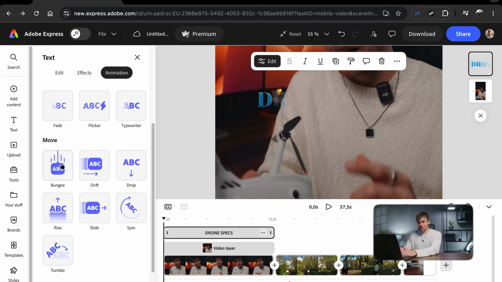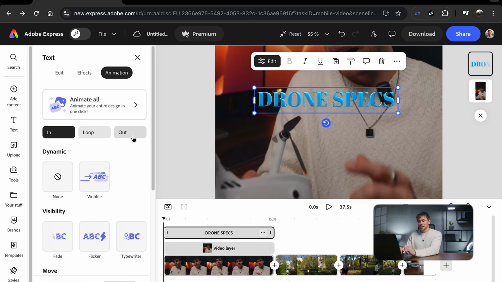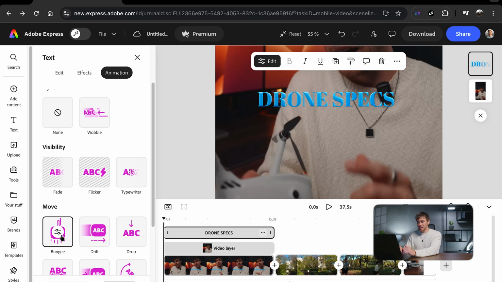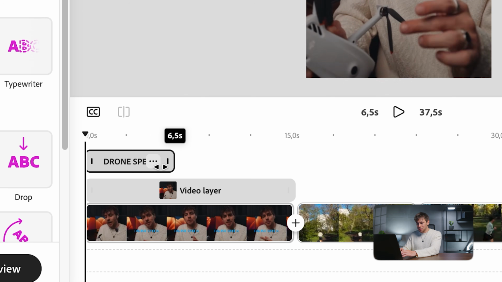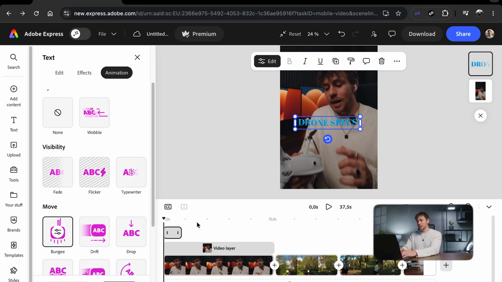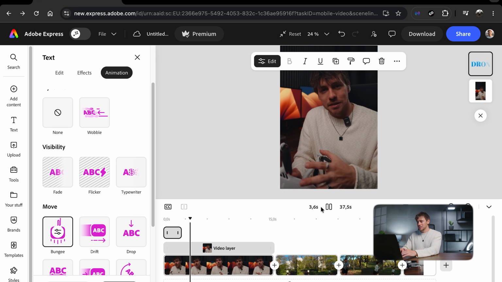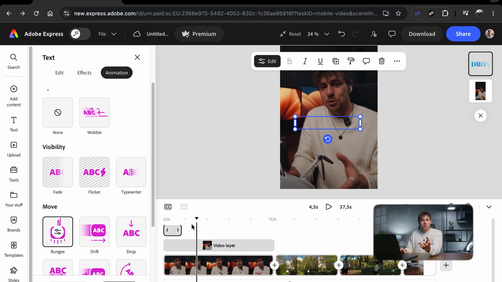Let's go for bungee as an in effect, which means this is the first effect to make the text appear, and we can use an out effect, which then is the bungee again, and it disappears. Now let's make the text a bit shorter, which is pretty easy as well, and let's play it back. A beginner-friendly camera drone. It comes with omnidirectional obstacle sensing, so now maybe you want to add music, then we